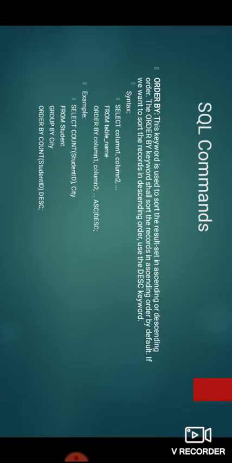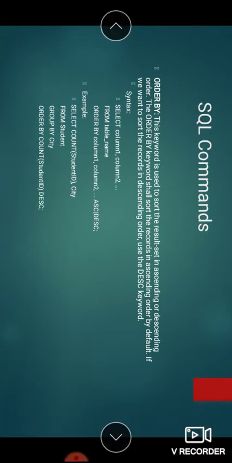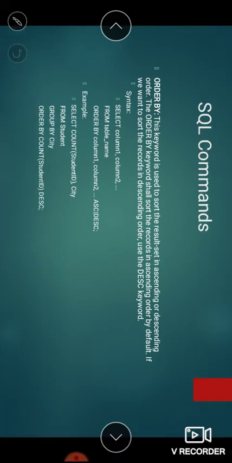Okay, so we have specified more than one column here. So see, why have we specified more than one column? If you have given this ASC, it means you want to arrange in ascending order. So first of all, the ORDER BY command will sort using column 1, then using column 2, then column 3, likewise. So let's take an example.